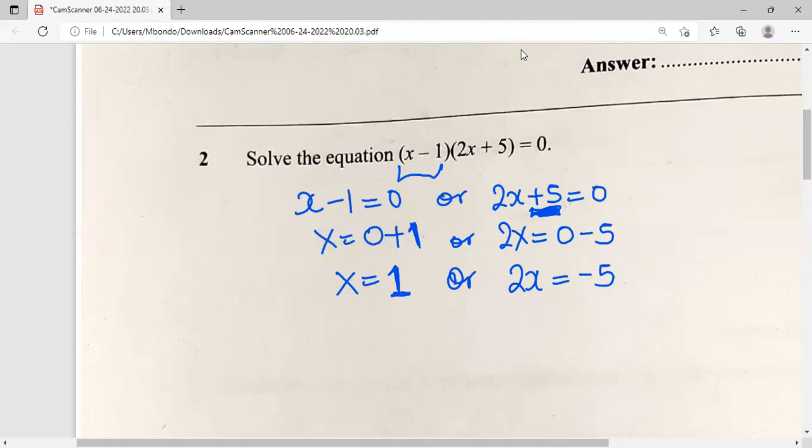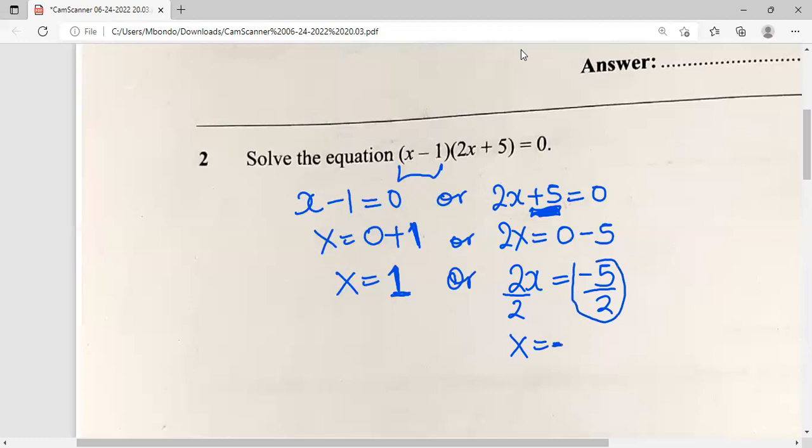So guys, what we're supposed to do at this point, we want to find the value of x. So we divide both sides by 2. We divide both sides by 2. So therefore, x is going to be equal to, if you want, you can write it as it is here, or we can say